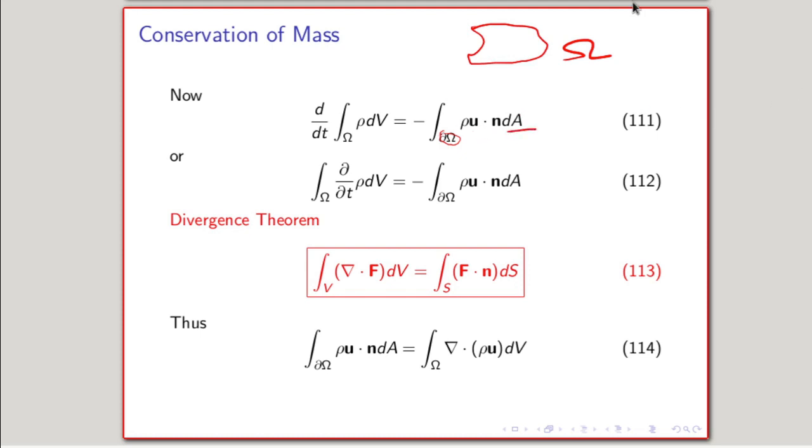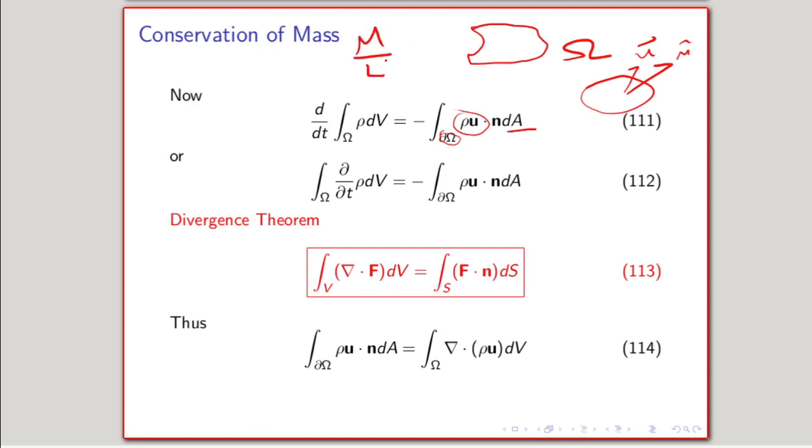What this means here, if you consider our domain, you have the normal vector as before, and you have a velocity vector u, and we're concerned about the component of the velocity vector in the normal direction, because this is going to give us the flow in this direction and the flow over the entire domain. But if you consider this term here, the density times the velocity, we already know that the density